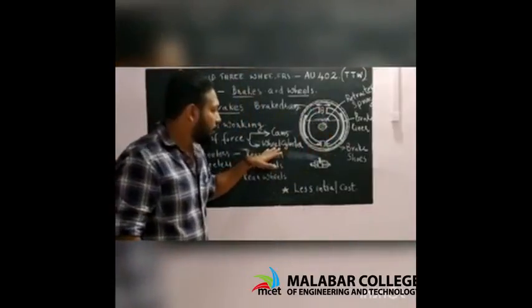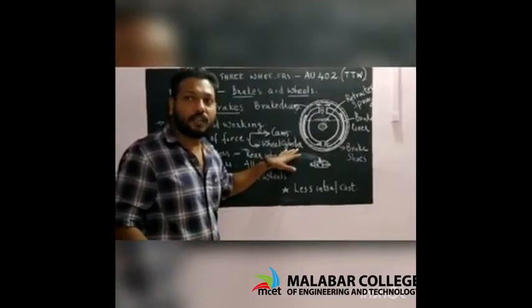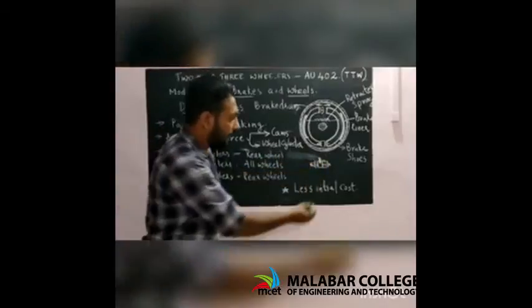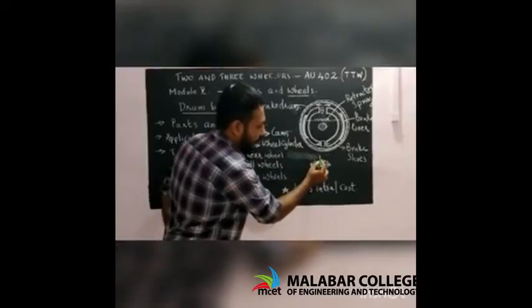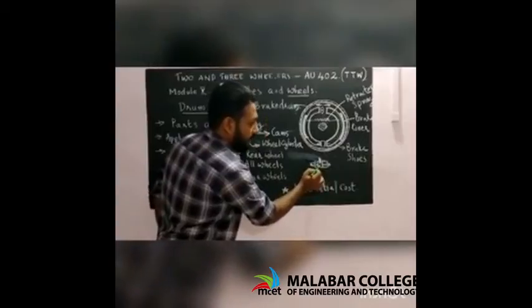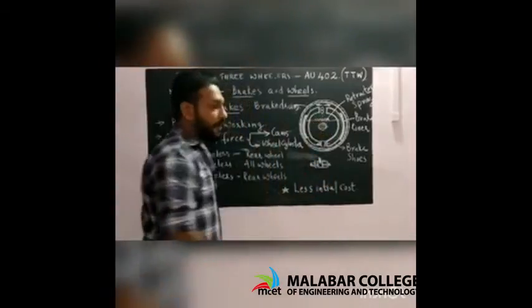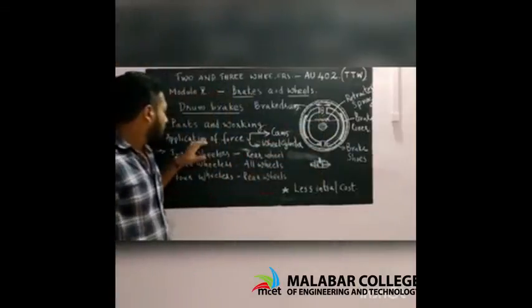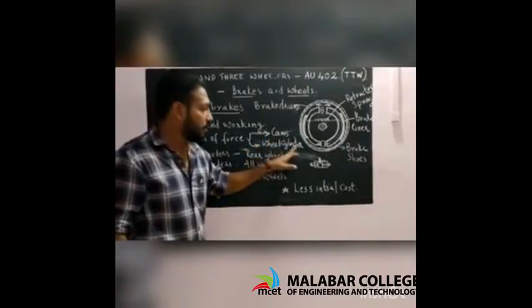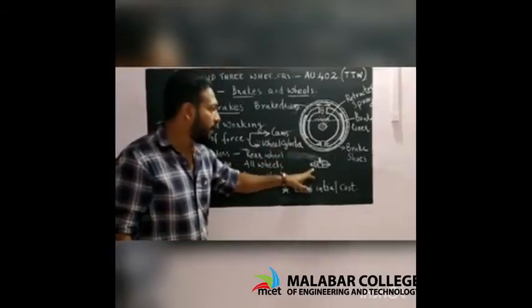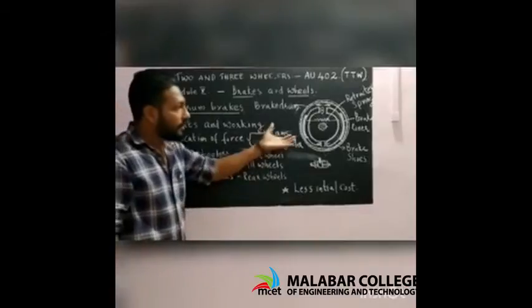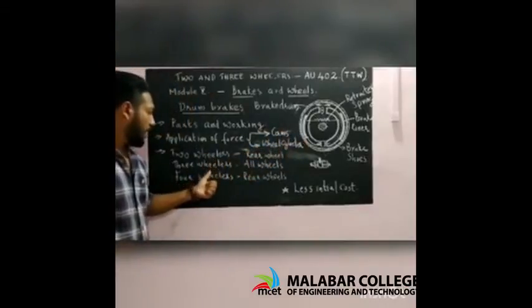The other one is using a wheel cylinder, which is applicable in the case of a hydraulic brake. A wheel cylinder is similar to this structure. When we apply force on the pedal, high pressure fluid enters this chamber and pushes the piston in both directions. So when the piston is pushed outside, it will exert force on the brake shoe. This is the other method. So application of force on the brake shoe is done using cams and using wheel cylinders. Wheel cylinders are used in the case of hydraulic brakes and cams are used in the case of mechanical brakes.